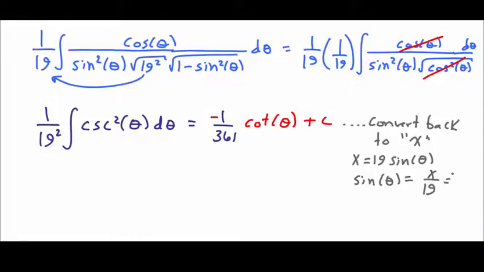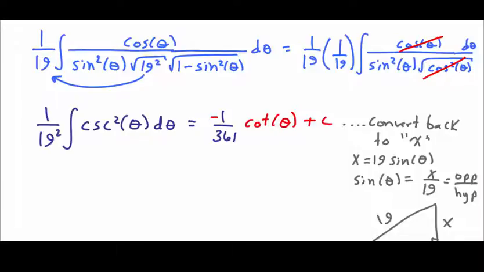Remember the SOHCAHTOA, sine is opposite over hypotenuse. And I guess I could write that out a little bit so it doesn't look like a 0. So opposite over hypotenuse. So let's go ahead and draw out that triangle. Now when you draw out this triangle, you have to show that it's a right triangle, because if it's not a right triangle, SOHCAHTOA doesn't apply. And you always need to mark your angle that you're using. So opposite over hypotenuse. Now the adjacent leg then, using Pythagorean's theorem, would be 19 squared, which is 361,